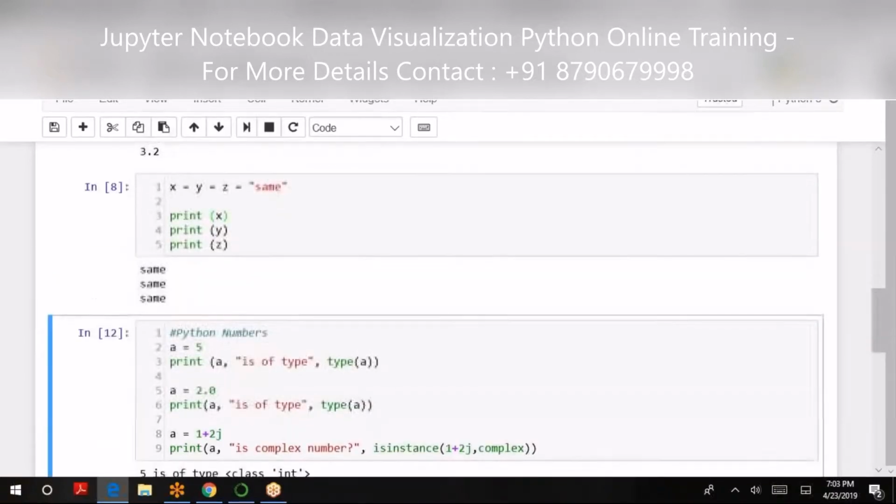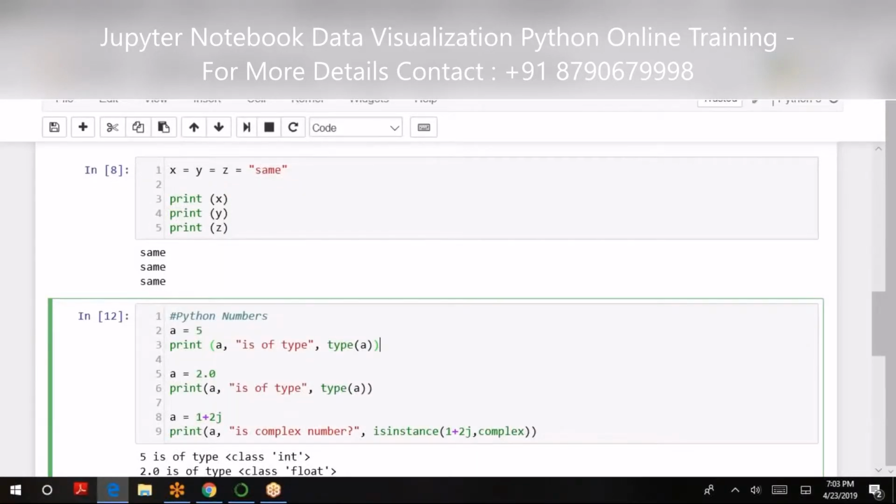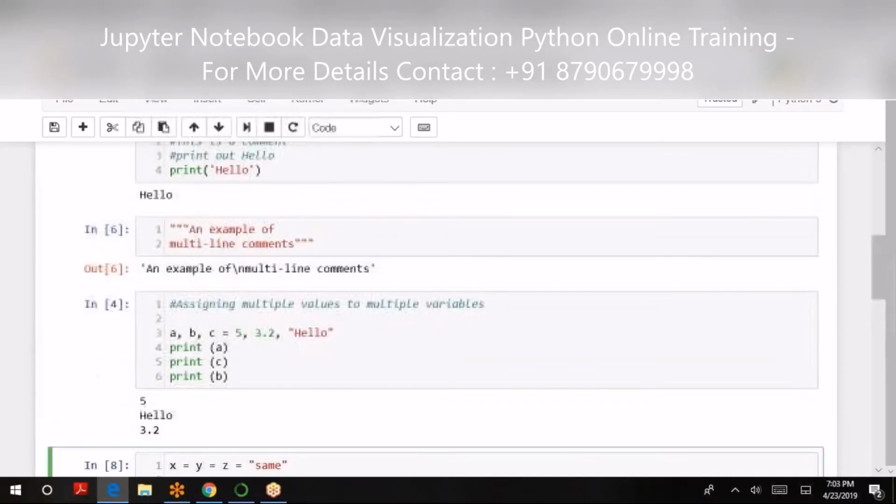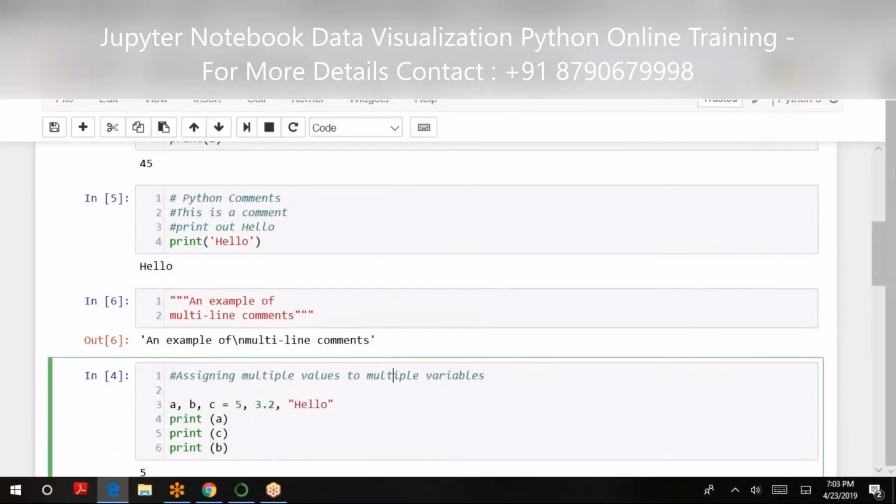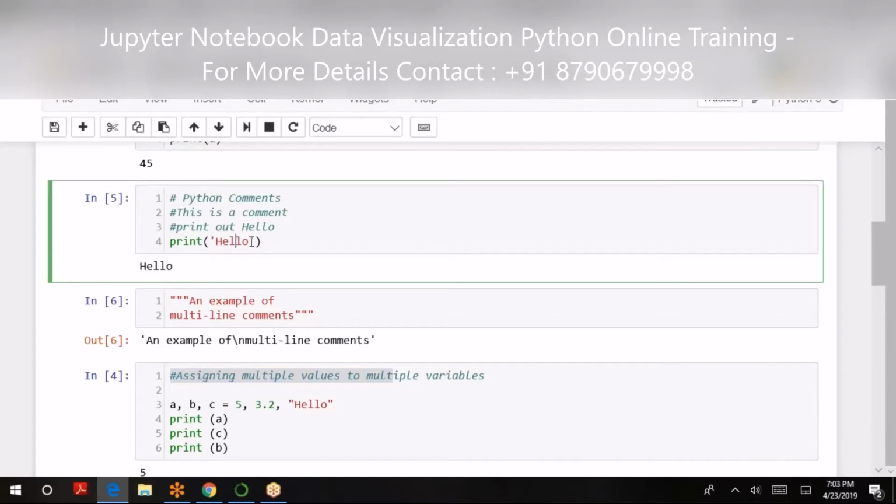So basically, when you are declaring text inputs, you have to start with the double quotes, is it? If it is inside the print, it should be given in single quote. If it is outside the print, it should be given in double quote. Here it was a display message, that was in single quote.